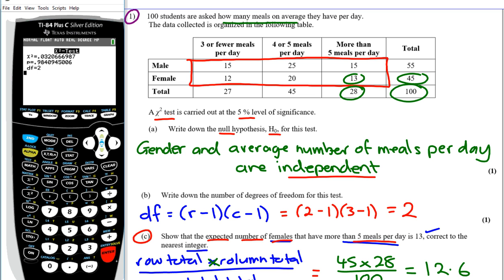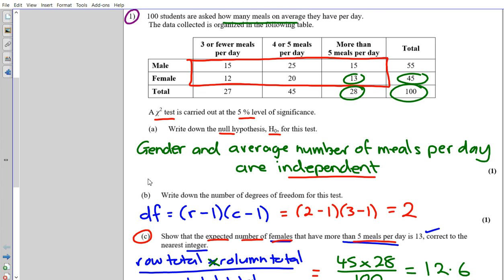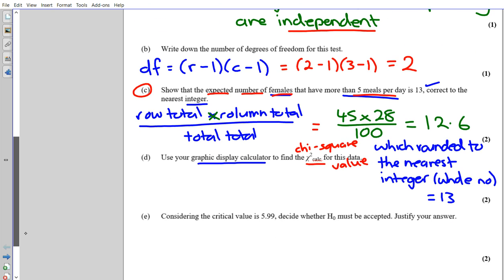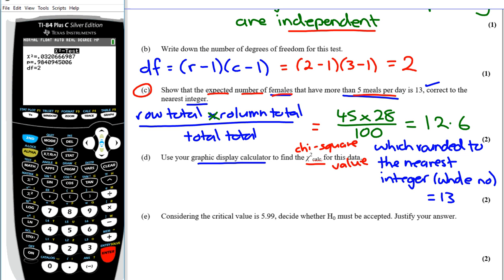They've also confirmed the number of degrees of freedom, which we did in question B, is 2. So our chi-squared value, we should write it out to lots of decimal places. I'm just going to scroll down so I can see the question. Now I'm going to write it out to loads of decimal places to begin with, and then I'm going to round to 3 sig figs. So if I make an error in rounding to 3 sig figs, hopefully they won't care because I wrote it out properly first. So the chi-squared value is x squared calc